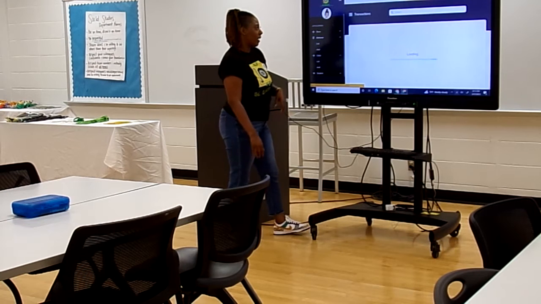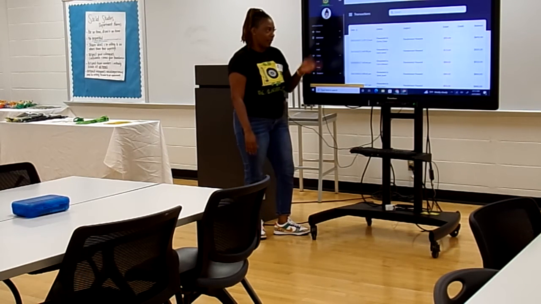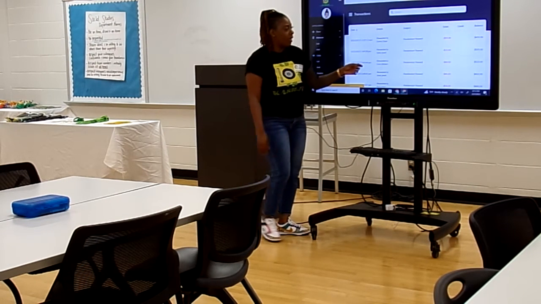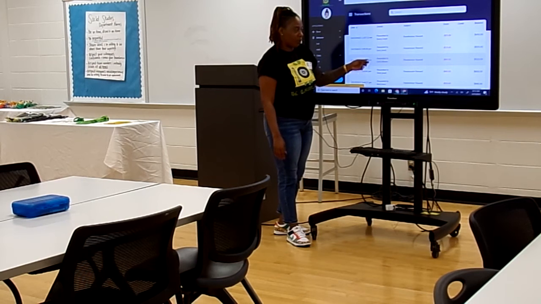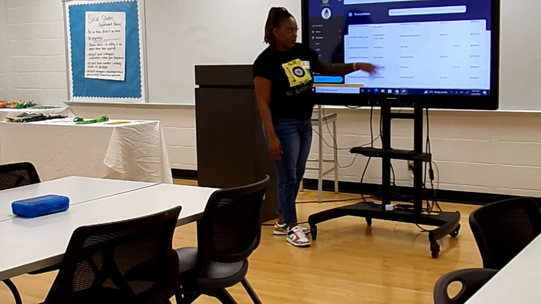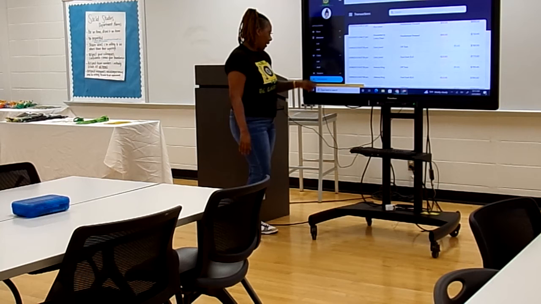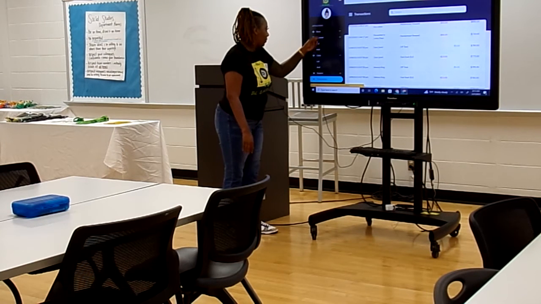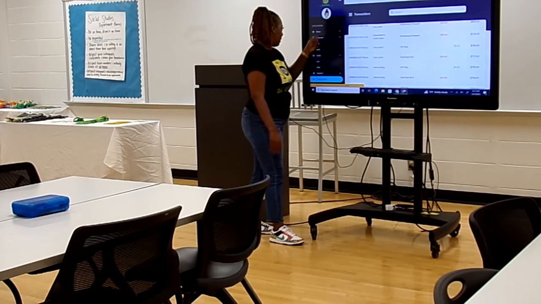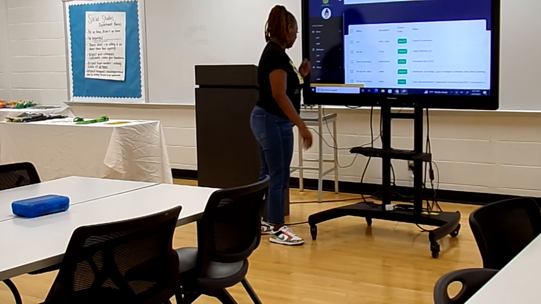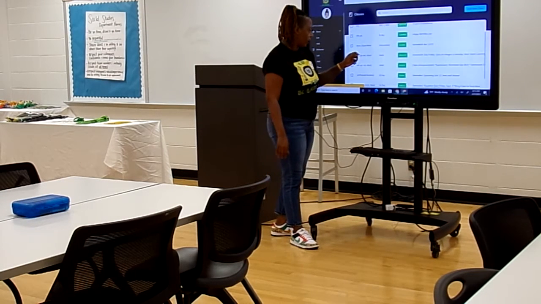Transactions, this is just basic information for you, and I'm gonna get into rewarding students really quickly. So this is basically what you have rewarded your students. You get a little layout on that. Let's go to assigning behaviors now, so that we can at least touch on that before we get ready to go.